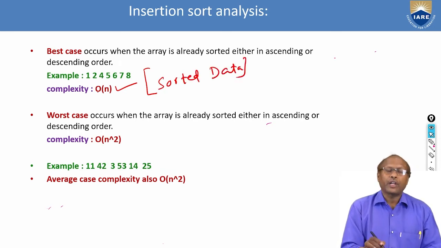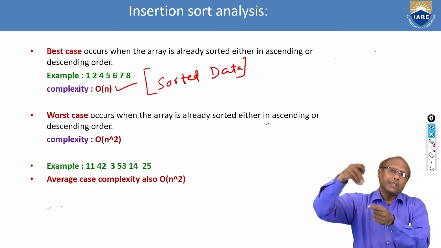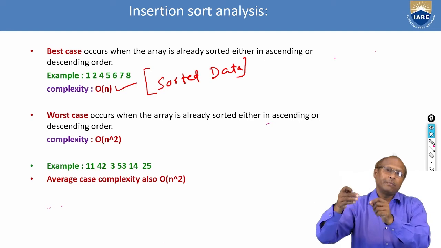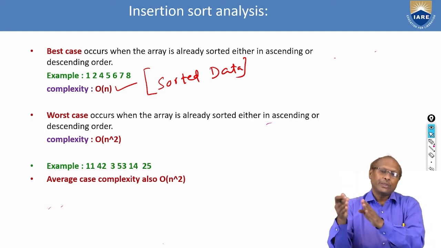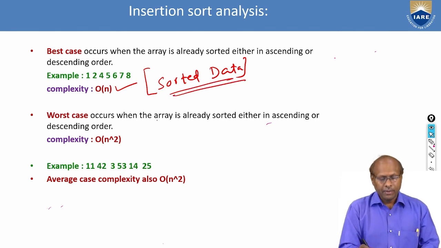the time complexity is order of n because the incoming data is always only inserted. No need to do swapping because this data is always greater than the previous. This will continue till n times. If there are n number of data, it will repeat n times. But in the worst